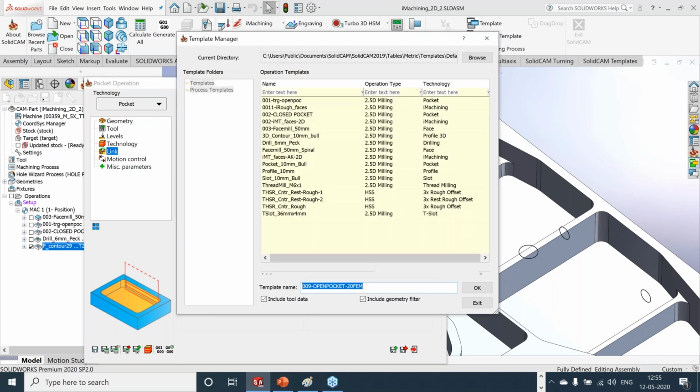So the moment you click on the save button, by default this template will be saved in the default location, which goes to C, Users, Public, Documents, SolidCAM, and SolidCAM 19 or 20, where this directory is set. Also, you can change the location. You can create your own directory and save this template in your own directory. So now, after giving the template name,